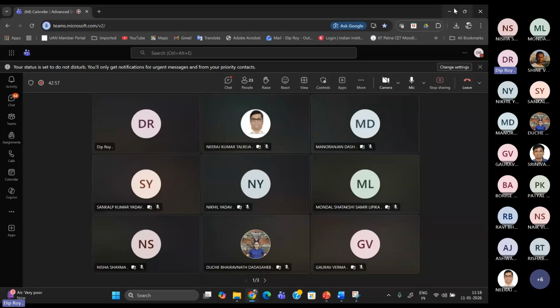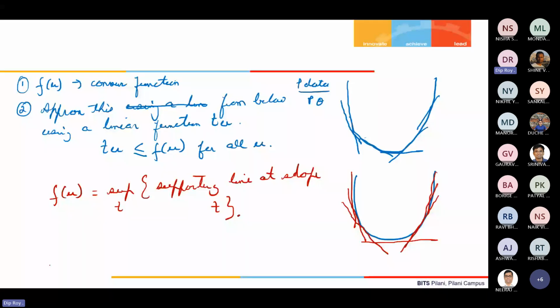So supremum is this. For those of you who don't know, supremum is this. So let's say we have a set like this: 1, 2, 3, 4, 5. Here the maximum and supremum are same. But let's say we have another set which is 1, 2, 3, 4, and then we have 4.9, 4.99, 4.9999, and it never reaches 5, but it's 4.99999. All right. So what will happen is your supremum in this case, here both the maximum and supremum were 5.